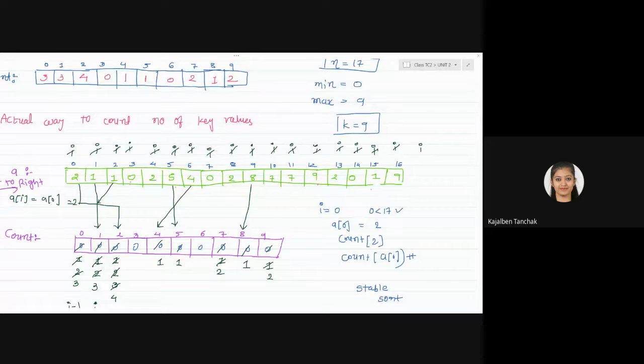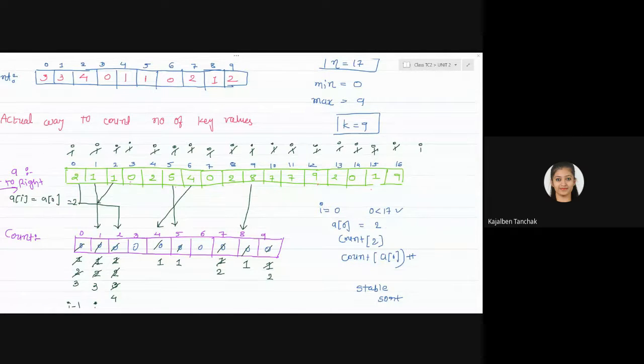Okay, so tell me, what is your count array? Everyone, what is your count array? Everyone, have you solved this?